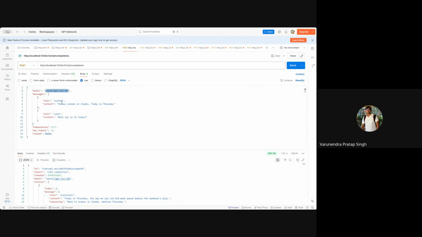You have defined your system prompt and user prompt, and there are parameters like temperature and max tokens. Max tokens controls how many tokens should be there in your response. But if you talk about the temperature, currently I'm setting the temperature to 0.7, and if I make this request,